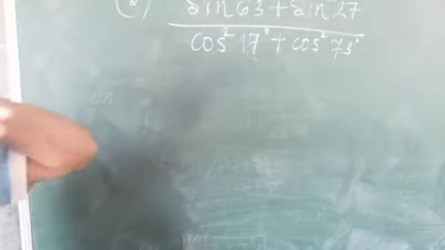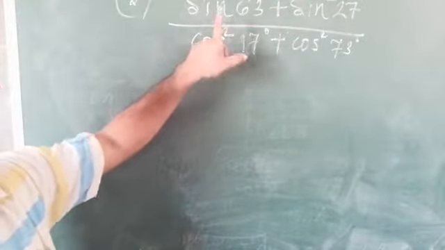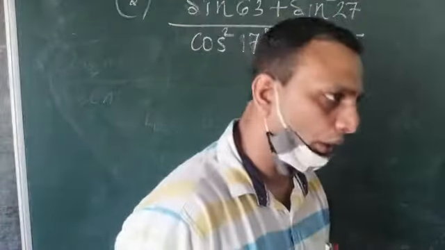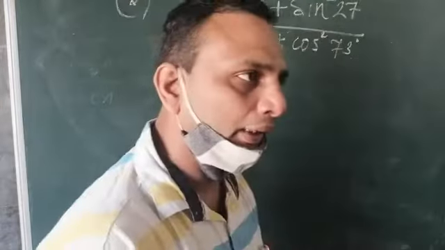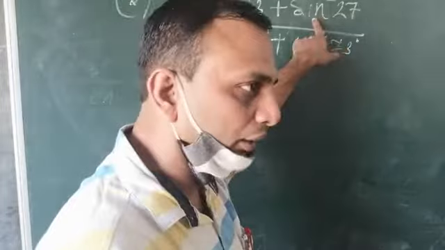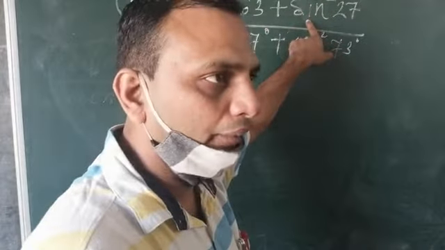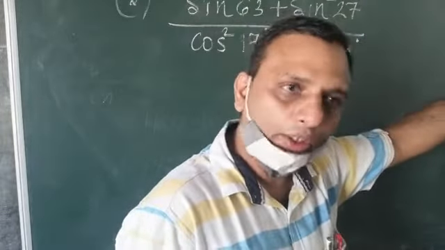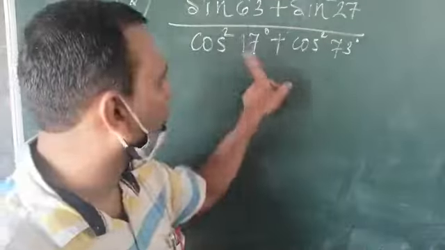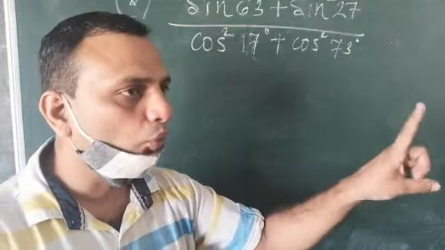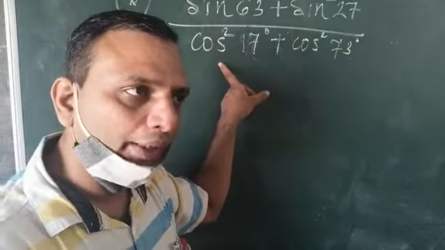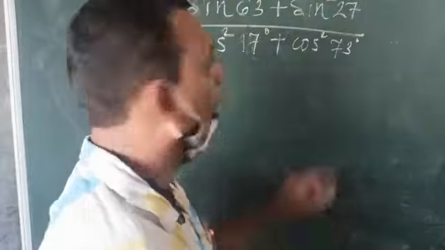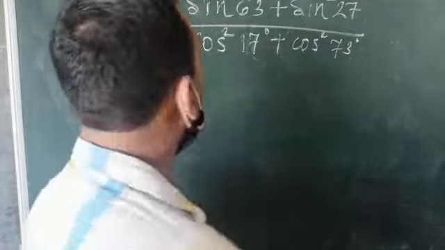Now here you can see on the board. We studied the first identity just now. The first identity says sin square plus cos square equal to what? 1. And here we have both sin. If cos square came from any place, then we can apply that formula. Sin square plus cos square equal to 1. Same way we can do in the denominator also. In both, cos is there. If we change only one, sin square plus cos square will again be 1. But one important thing is that the angle should be the same in both cases. So what to change?